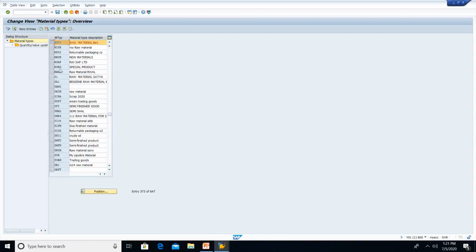Let me show it how. I have got material type ROH. On my left hand side, I can see quantity value updating. Click on it. Where you will be getting a table. Mainly you will be seeing this quantity and value updating indicators for this ROH material type with valuation area.